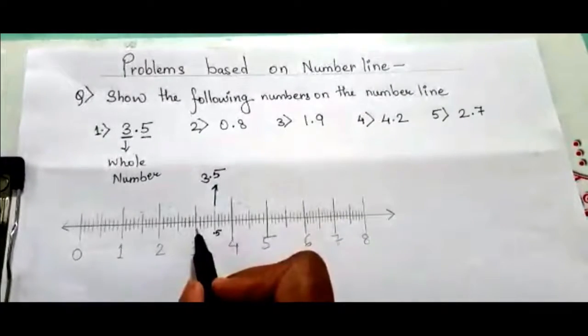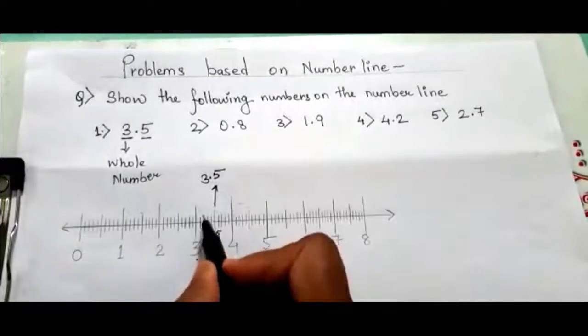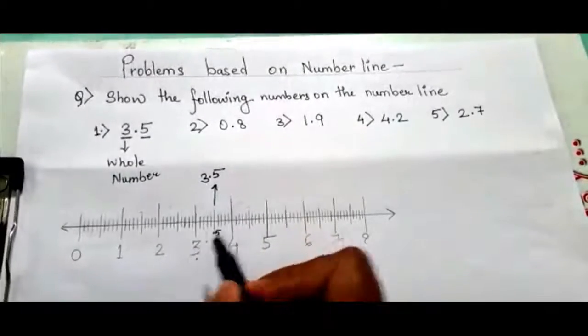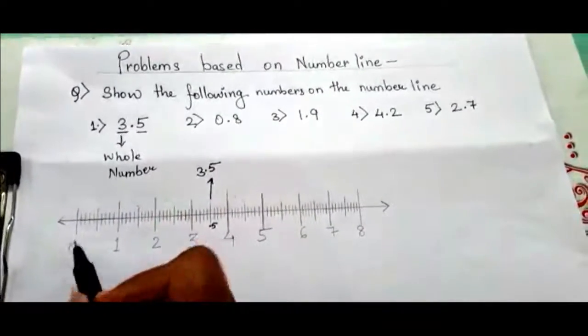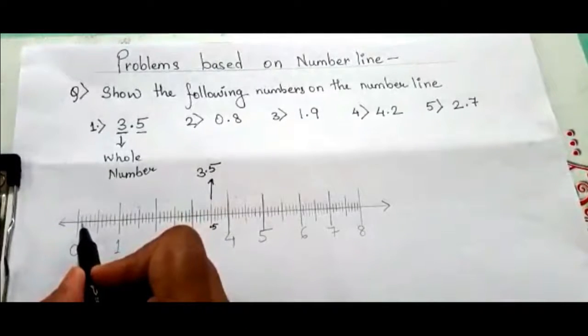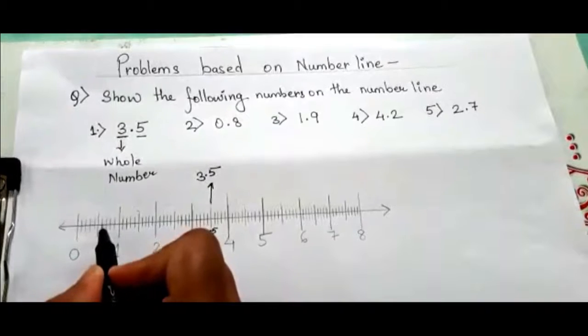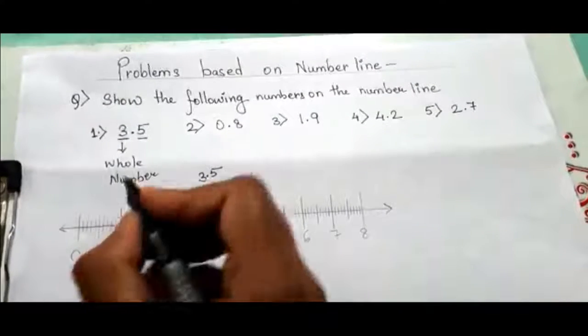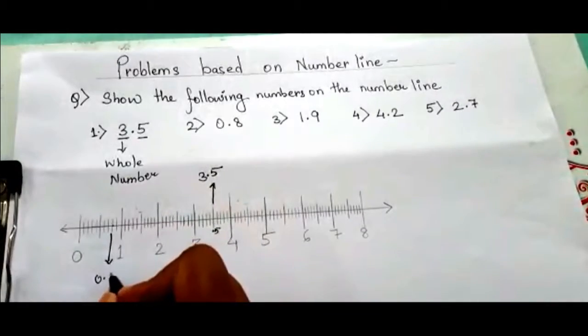This is how you do the marking on a number line. You need to start counting the hash lines from your whole number. So now we have this 0.8. Now we will come to the 0. Then we will start counting from 0.8: 1, 2, 3, 4, 5, 6, 7, 8. So then we will mark here 0.8.